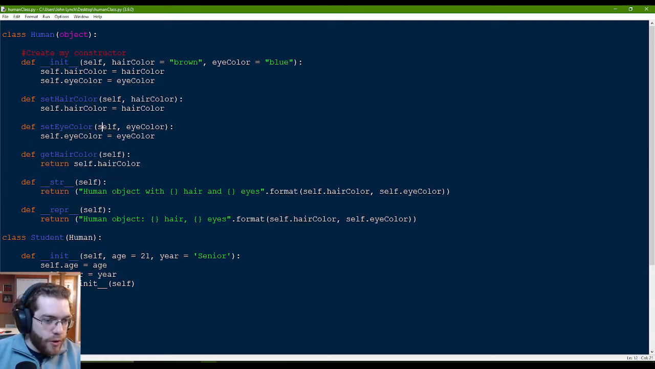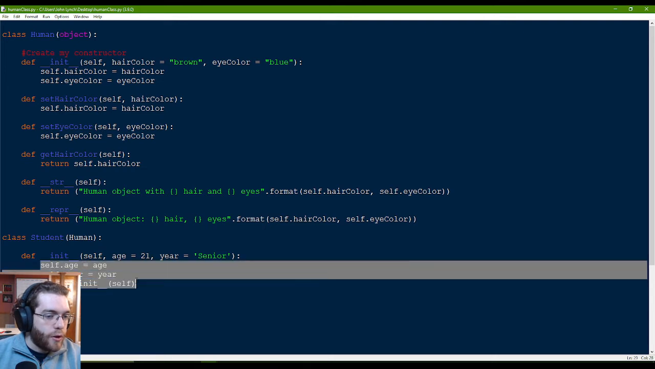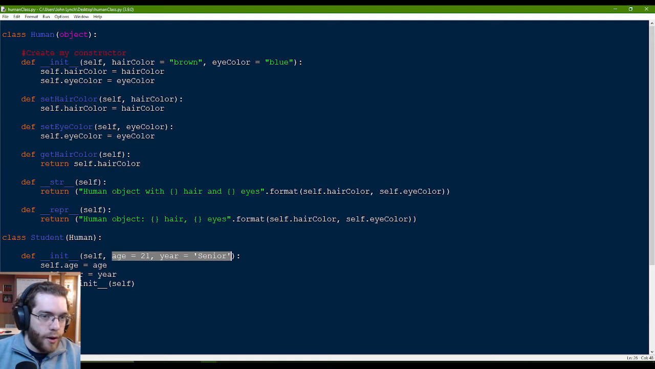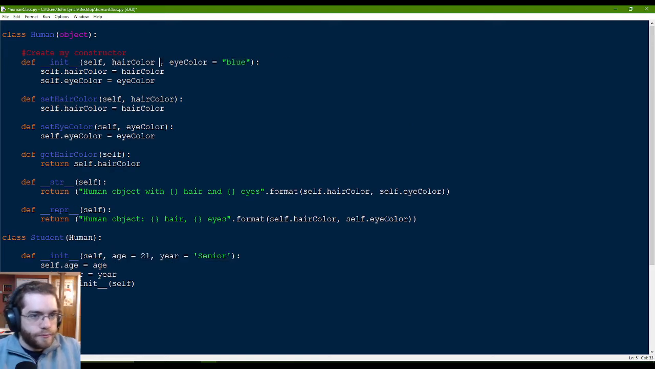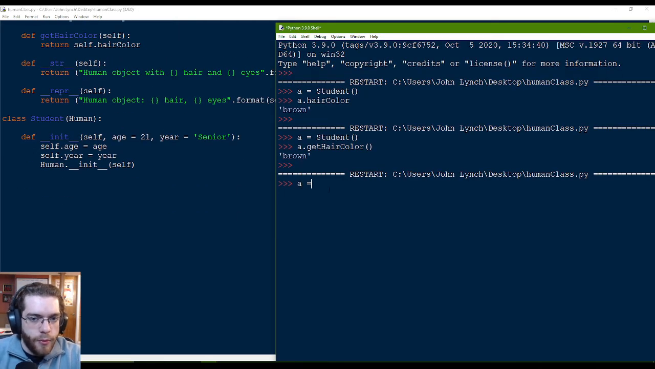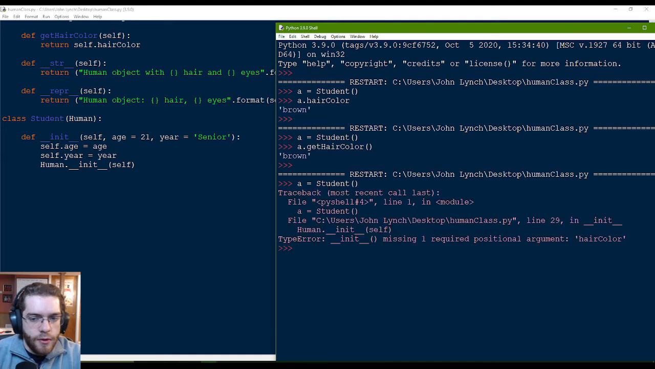Now, be wary that the reason this code is working without having to do much more outside of it is because I'm using default parameters everywhere right now. So I'm using defaults up here. If I remove this non-default, what will I need to do here? Let's try to experiment. A is equal to student. I'm missing one positional argument in line 29, human.__init__ of self,